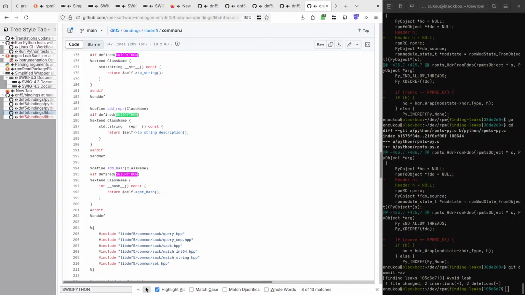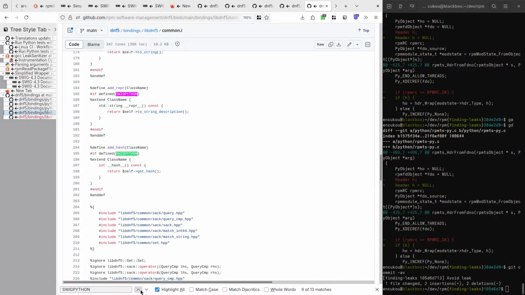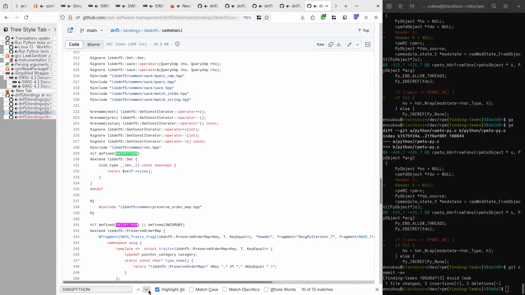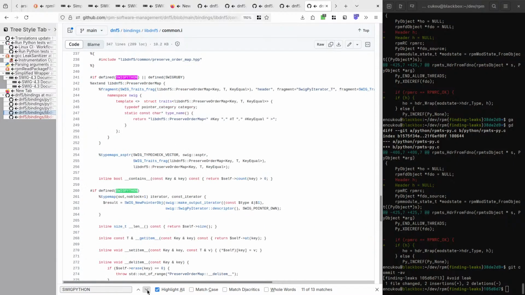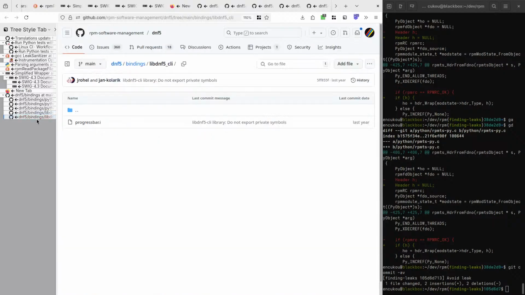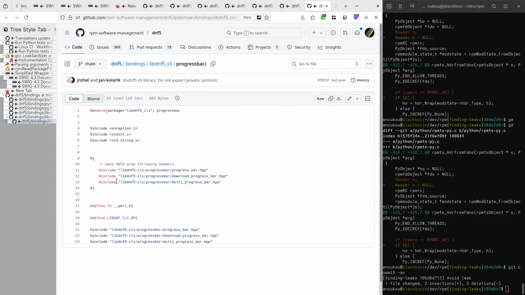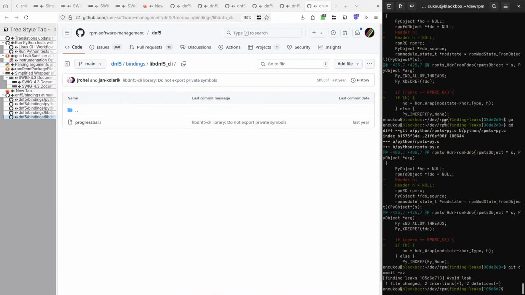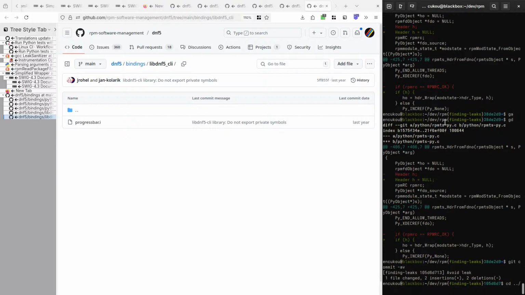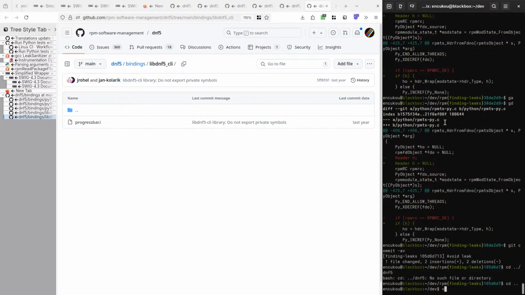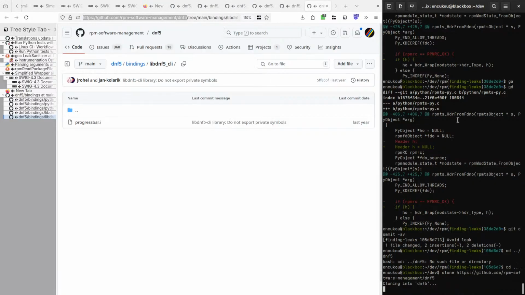Add hash. Okay, well, it does look like the right project, I guess.